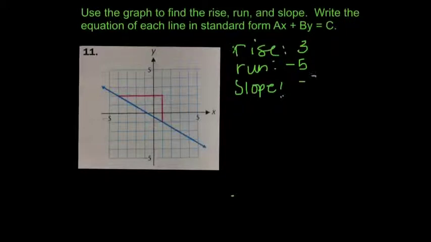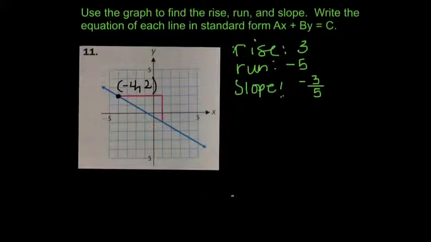When you write a fraction, it's usually customary to put the negative with the numerator. So my slope is -3/5. To write the equation in standard form, I need a point that the line passes through. There's an infinite number to choose from, but I will focus on one that the line passes through at integers that I can look at. So we will focus on this point right here, which is -4,